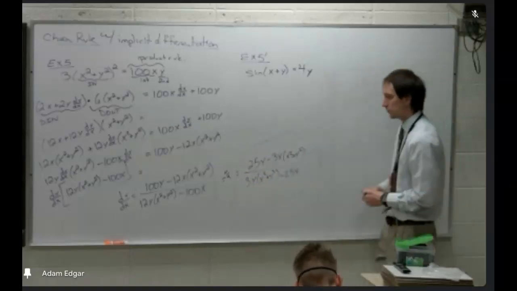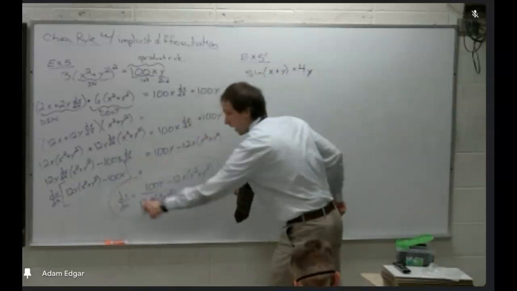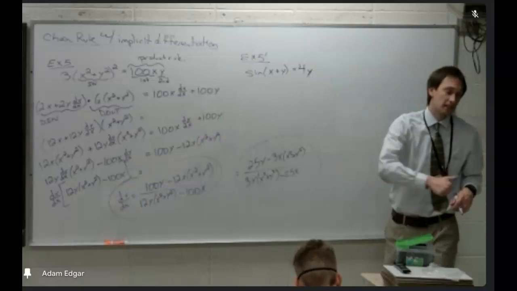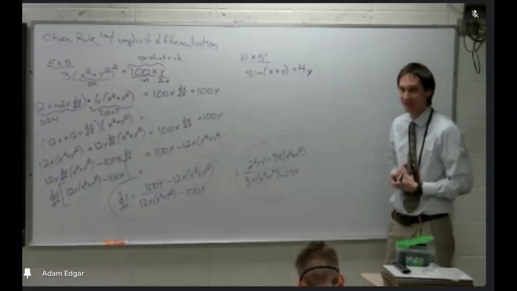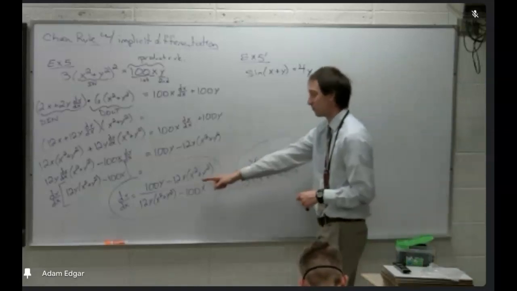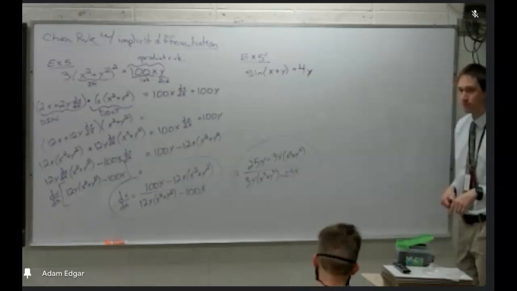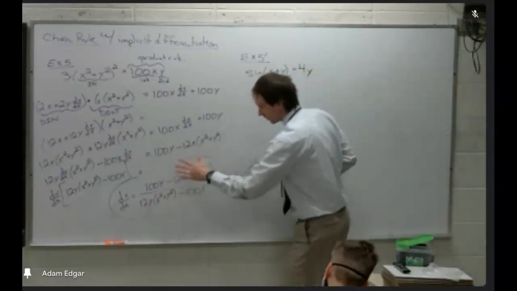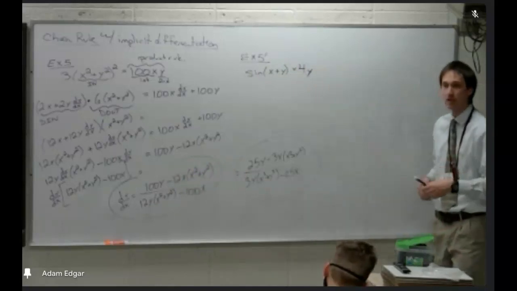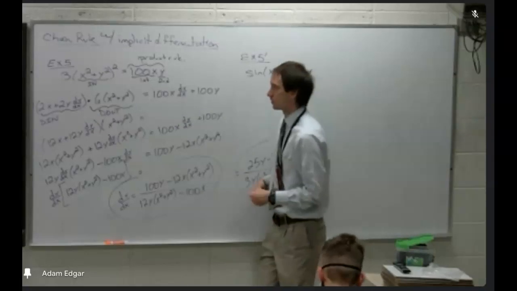If you get to here and you leave it like this, I'm going to say that's pretty good. Good job. I am not going to take off points if you don't go to this very last step and simplify it all the way. If you distributed out the 12x and the 12y through the x squared plus y squared, more power to you. But again, that's not always going to be a feasible option because, going back through here,